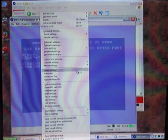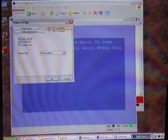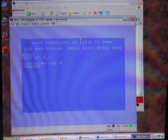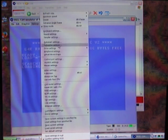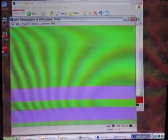I've only got this stupid render filter. I don't need fake scan lines, mate. I'm sure I saved it. These are video settings. Here we go. No, that shouldn't be on. There we go, that's better. These badly cracked shits as well. If you switch off the sound from the options, the warp mode will go much faster. See, the emulation is